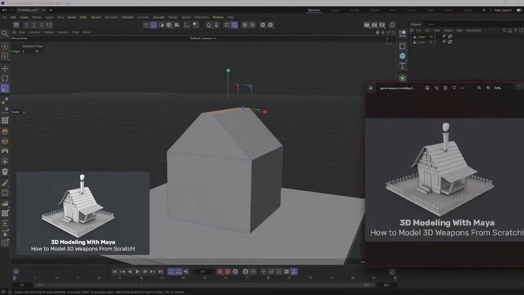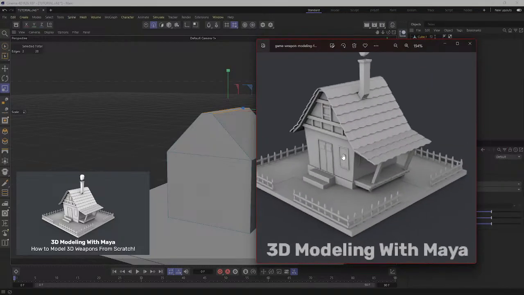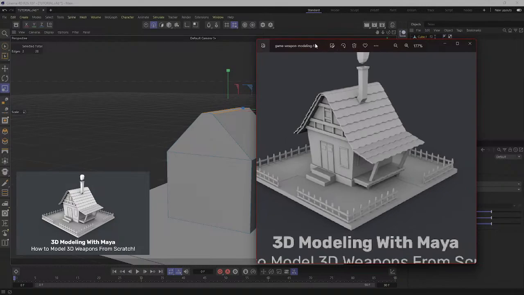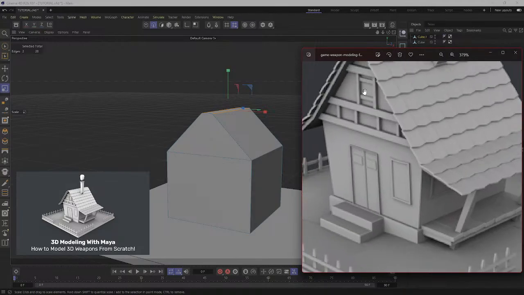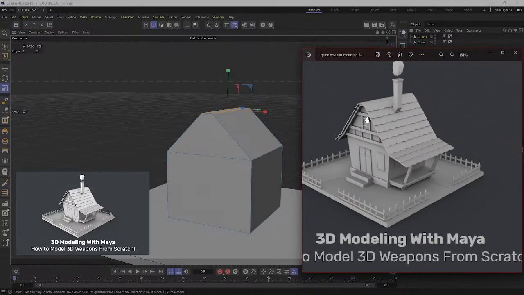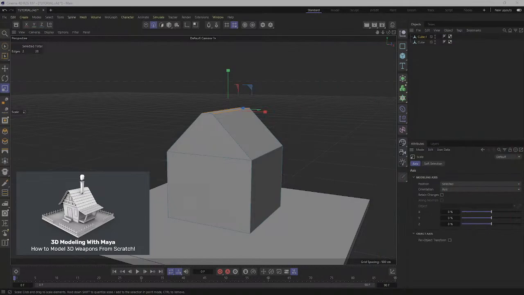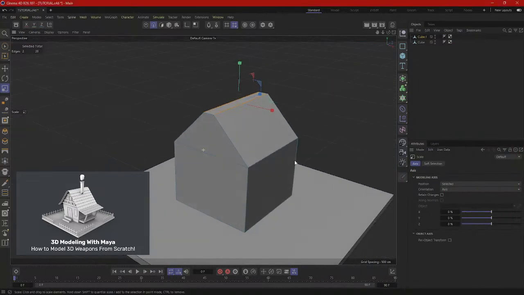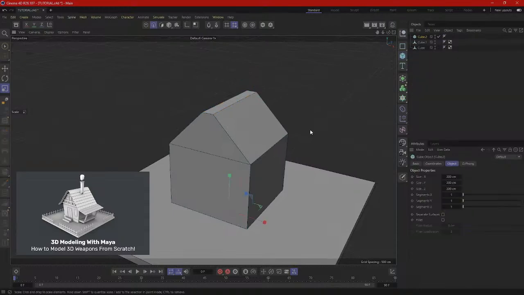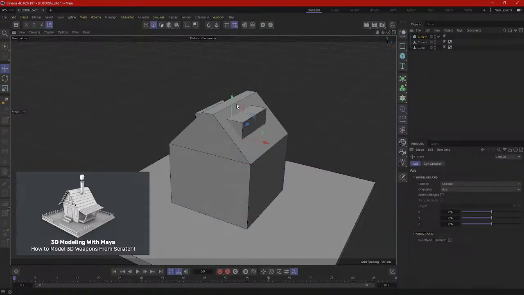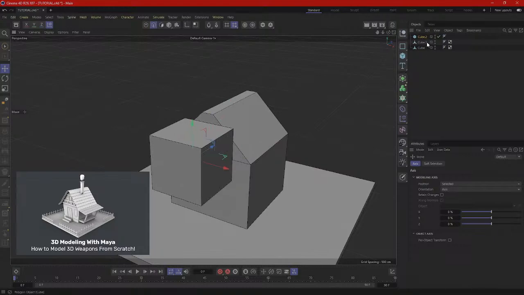Let me see my reference image again. So it's kind of similar. So now we just need to extrude our shapes. We need to make these fence-like things. Just now I'm going to add another cube, putting it up, bring it front,